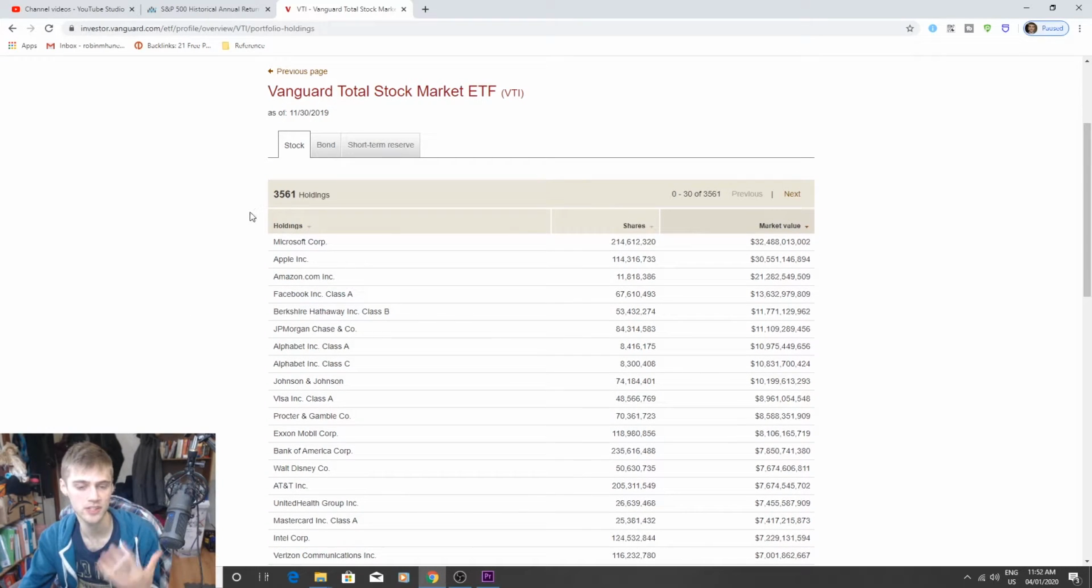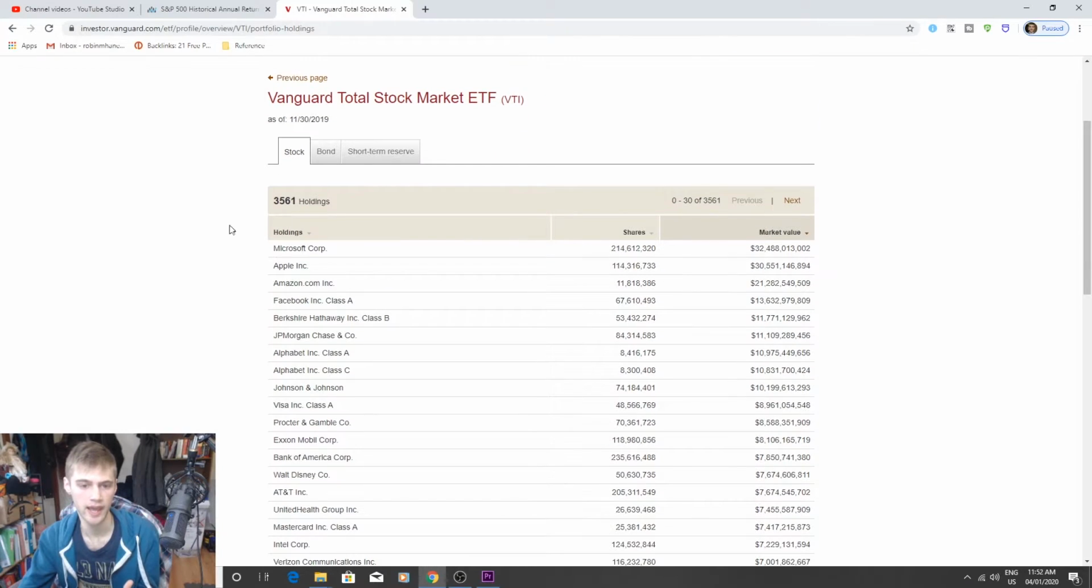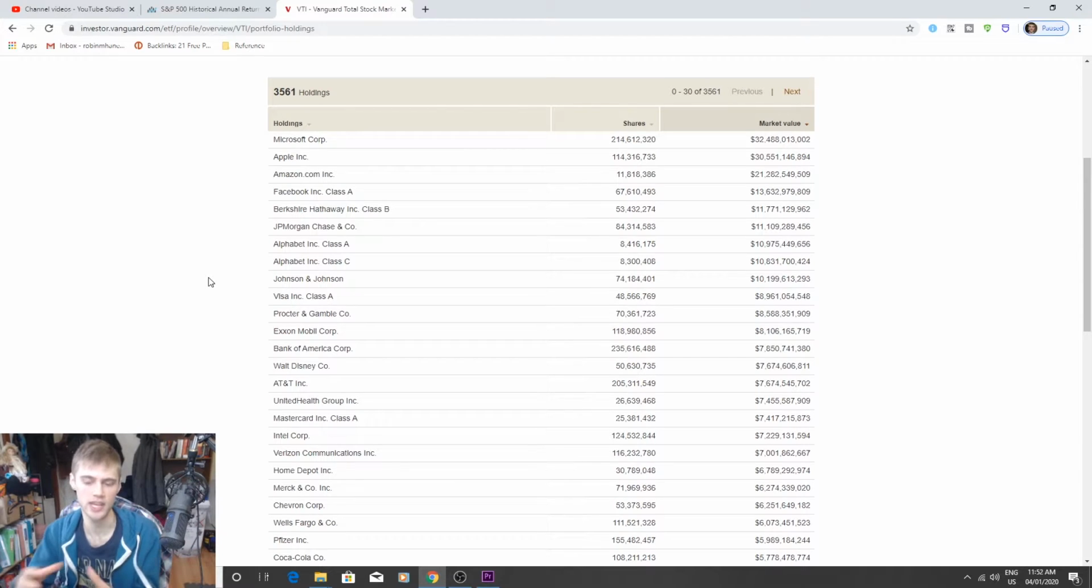You can see here that this ETF, which you can buy for, I think it's about $100, has 3,561 stocks in it. Let me repeat that again. 3,561 holdings. That means that when you put that money in, so let's say you have $10,000 invested into VTI, that one ETF, you're getting all these different stocks in here. And you can see these are pretty solid stocks. So Microsoft Corp, Apple, Amazon, Facebook, Visa, all these cool stocks that have a history of going up in